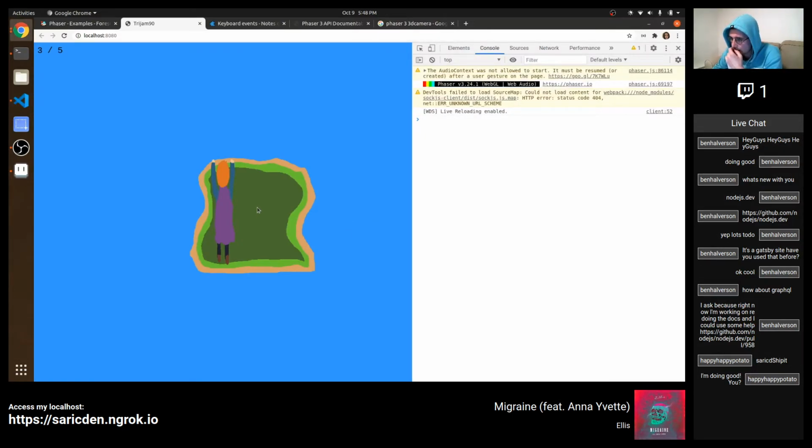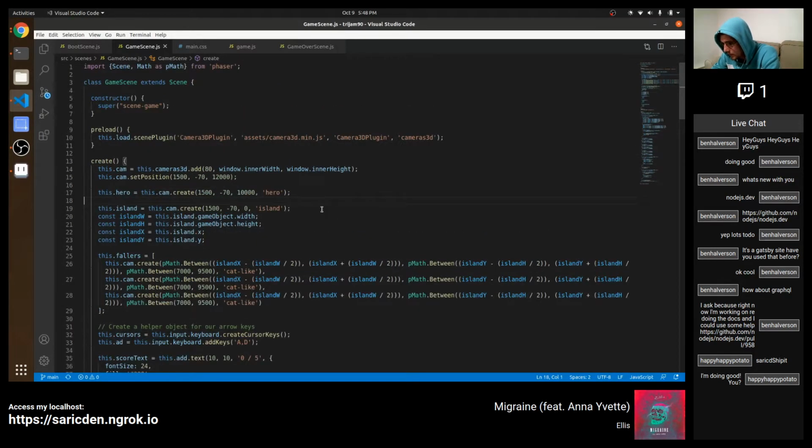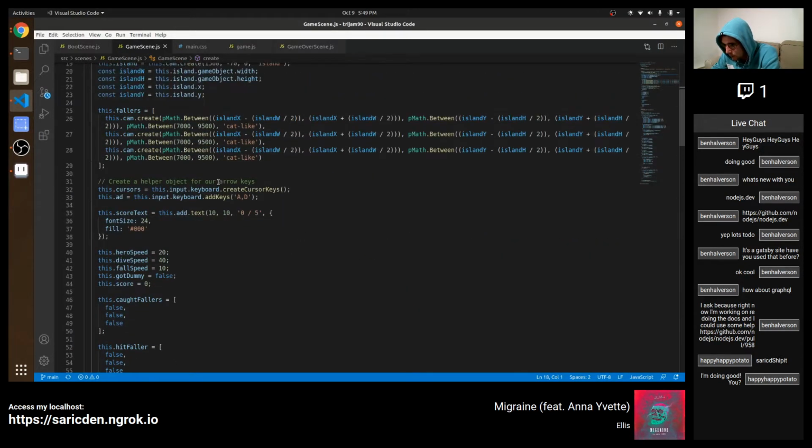So now my thoughts are, should we add more? Should we take away some? Because I'm not sure if I want to have other levels or if I just want to have one level that's really hard. You know what? I think let's just keep it with 3 for now. So what we're gonna do